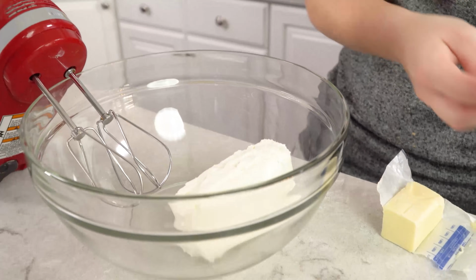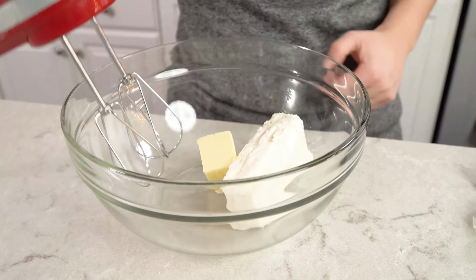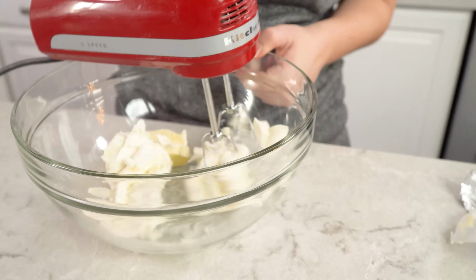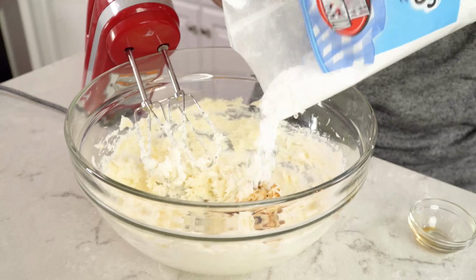While our cupcakes are baking, we'll go ahead and put together a cream cheese frosting. To start, you'll need 8 ounces of softened cream cheese. Plop that into a mixing bowl along with a 1/4 cup of softened butter and beat this together. Once that's light and fluffy, then you'll add in 1/2 teaspoon of vanilla extract and about 2 cups of powdered